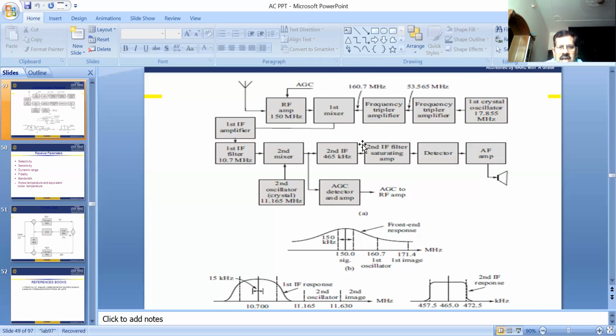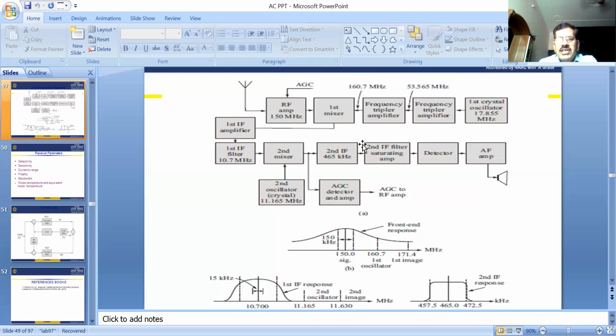After the second mixing, the signal is applied to the second IF, which has 465 kilohertz frequency, and this signal is also applied to the automatic gain control detector, and this automatic gain detector applies the signal to the RF amplifier, and again the second IF filter amplifier